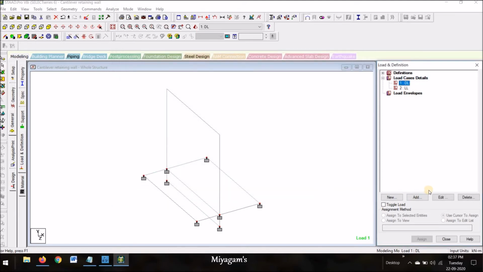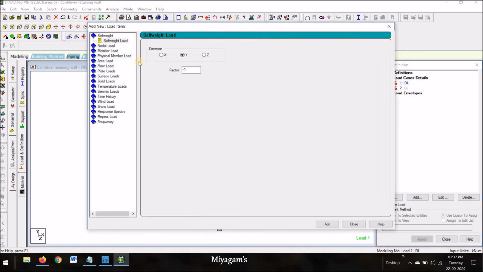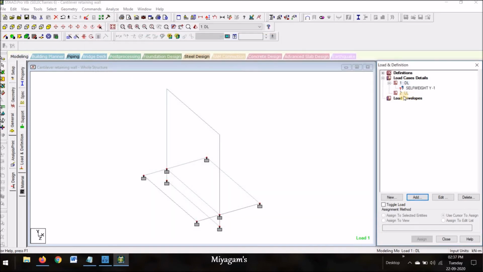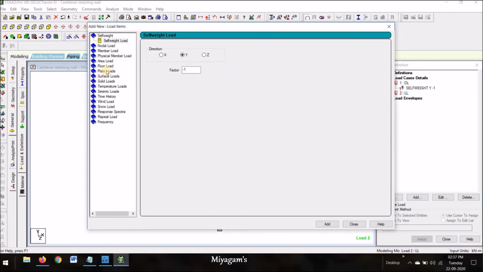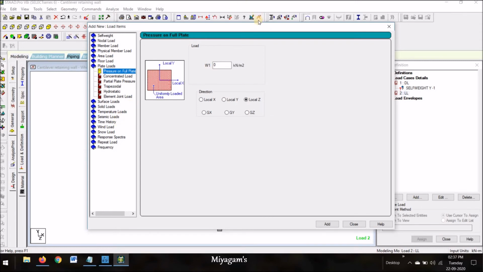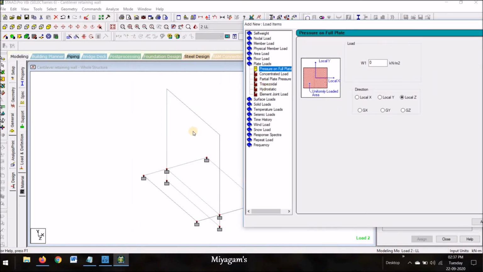Now go to dead load, click add, give the self weight, that is the self weight is -1 in global y direction, click add, close it. Now we'll go to LL, click add, select plate loads. The plate loads, that what we plate load, that is this direction,